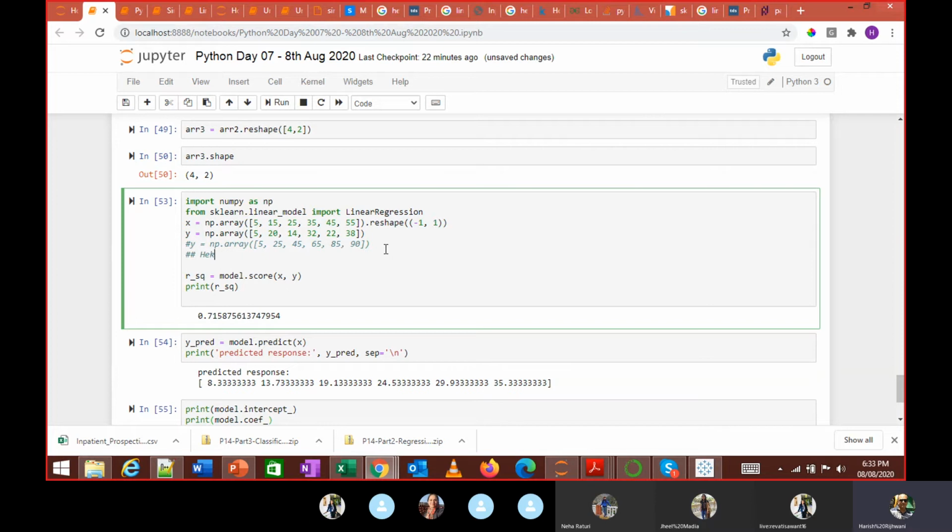So I can type like this, hello world. It is not executable. It's a comment. In coding, you need to write some comments, something which is not executable. So that is where you use hash over here. A lot of other programming languages have backslash, front slash, single quotes like that.